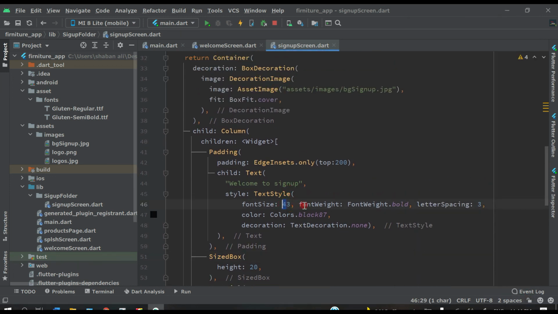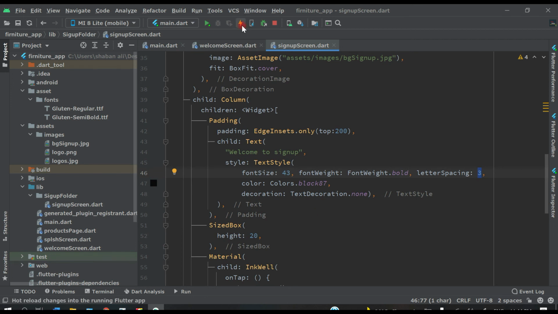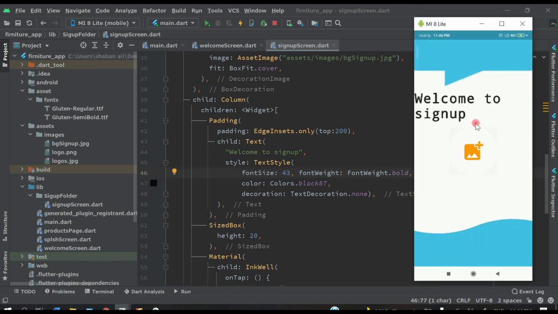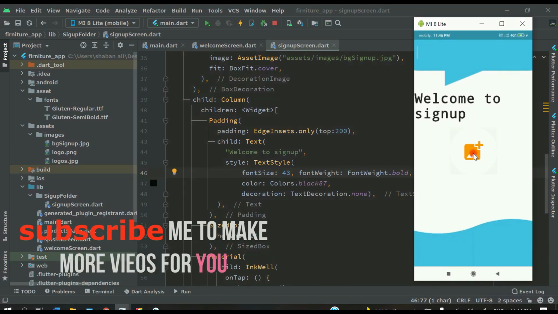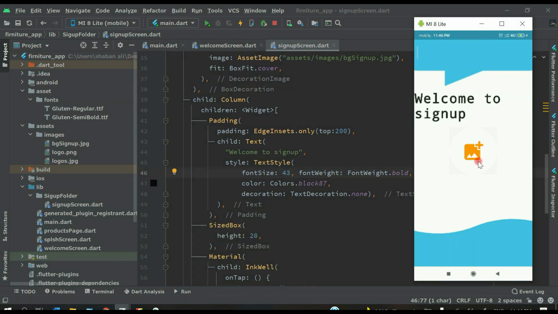Let's give this 33 or 43 like this, and make the letter spacing 3 and top 200. Now hot reload, let's see. Now you can see this is the heading. So if we click on this avatar here, we will access our phone gallery.